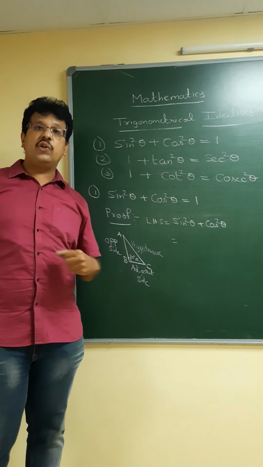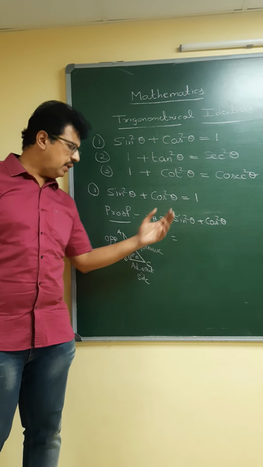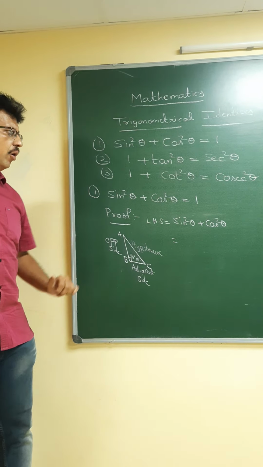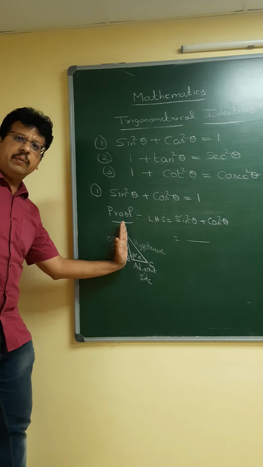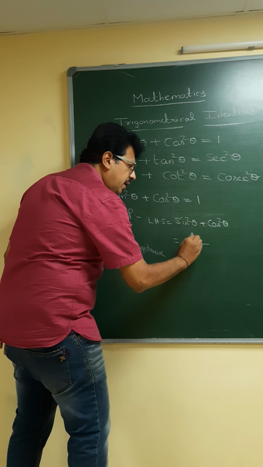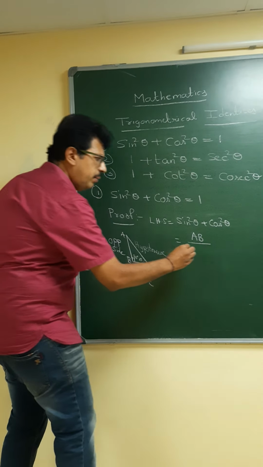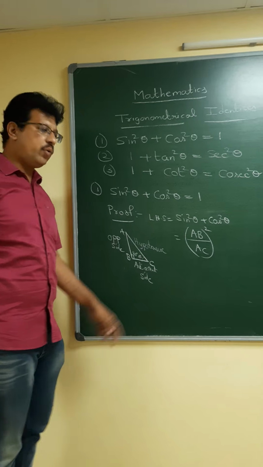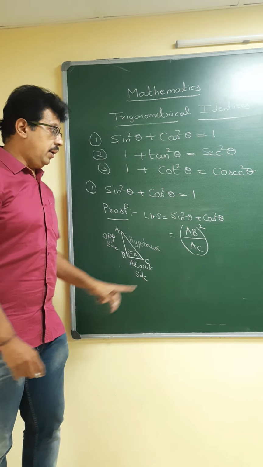So let us recall what you learned in 9th standard: sine theta is opposite side by hypotenuse. Here the opposite side is AB, so we write sine theta is AB, and the hypotenuse is AC. It is AB by AC, and we write whole square. Why do we write whole square here? Because it is sine square theta, plus